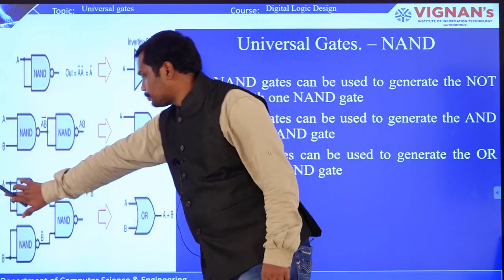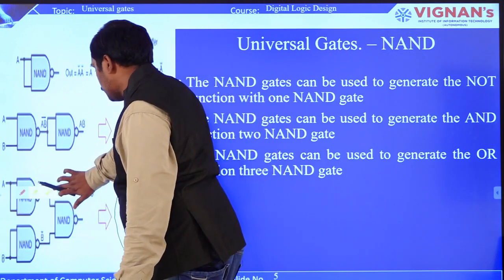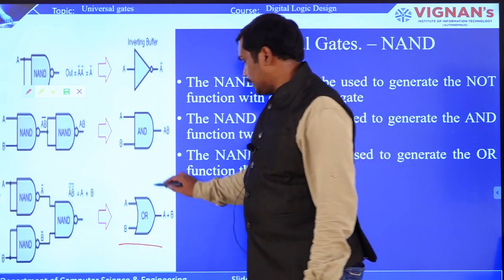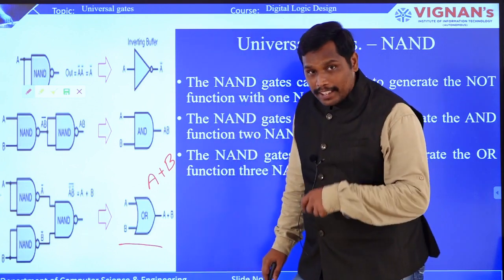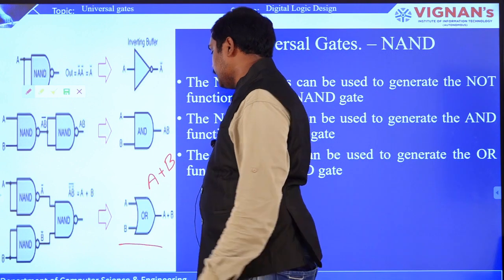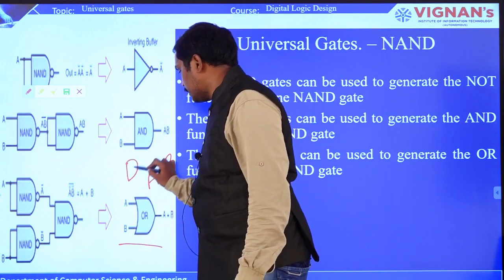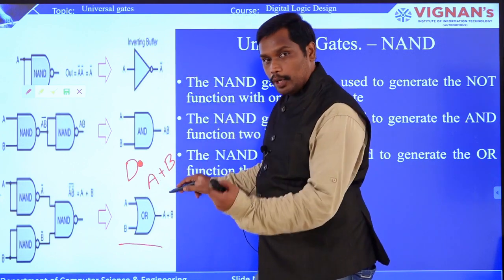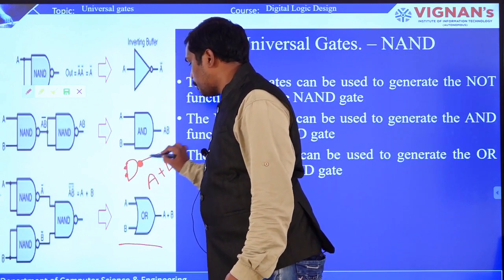Now we shall see the OR, that is A plus B. So this particular OR, you have to represent with NAND, right? So how are you going to write this with NAND? Actually this whole symbol you can write it like this. When you are converting, as I told you, this particular OR can be shifted to AND with bubbles, input and output bubbles, right.